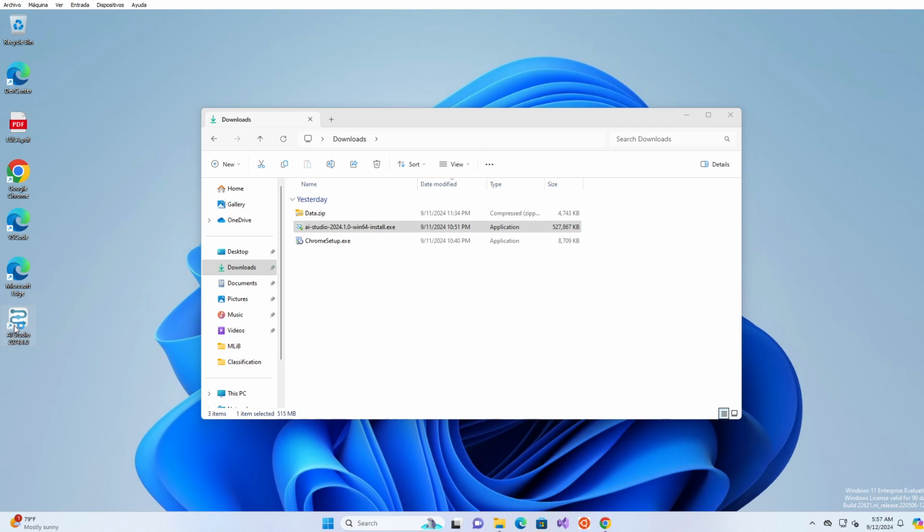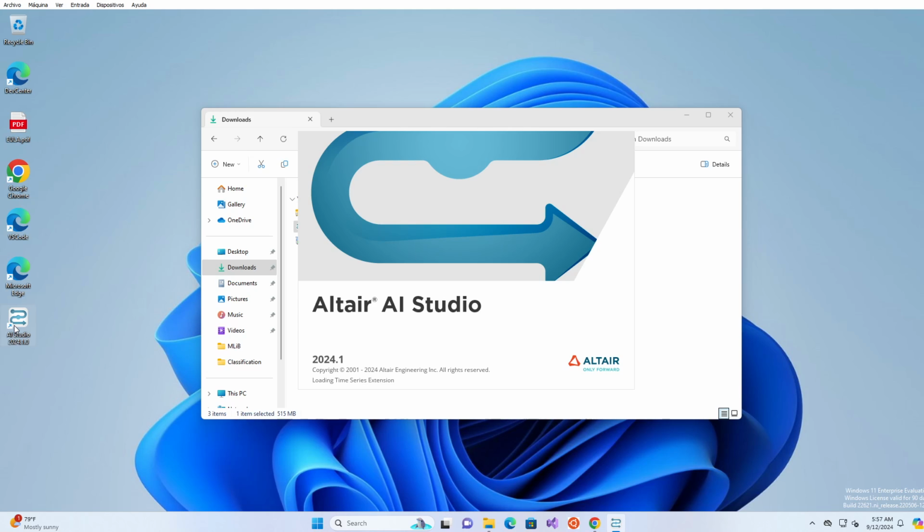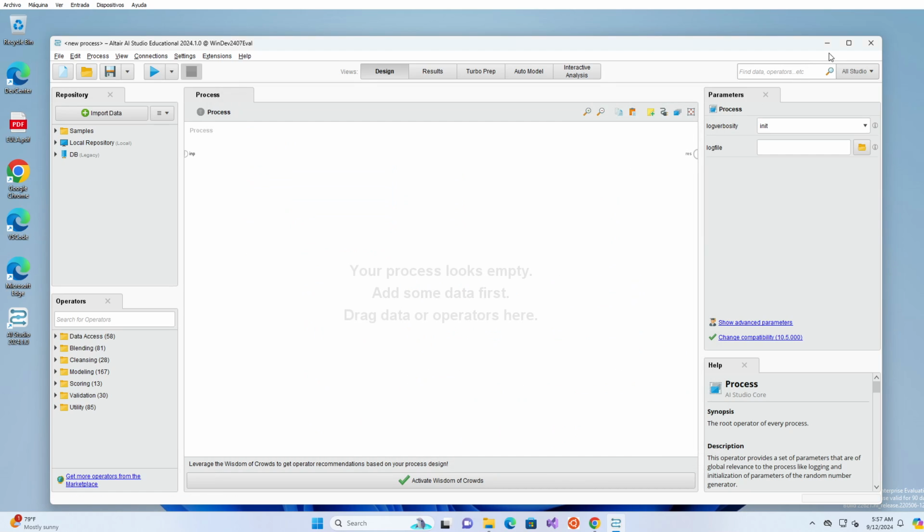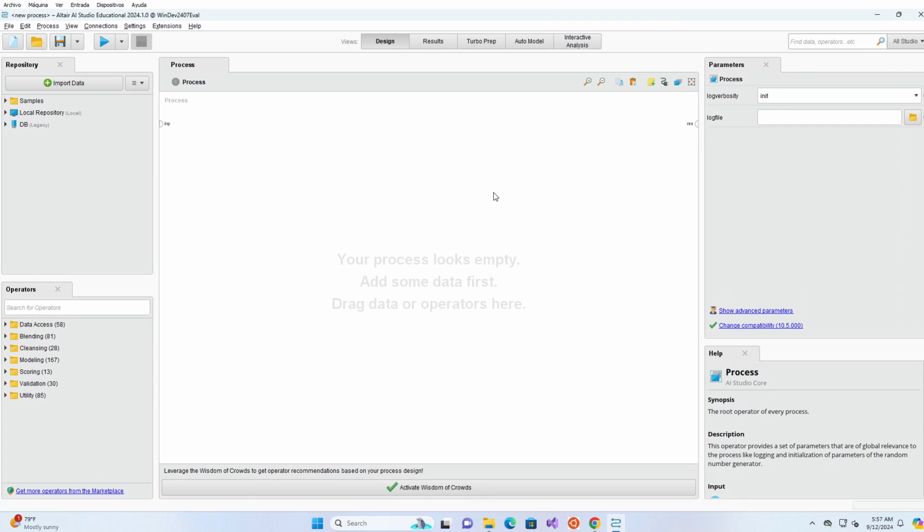I don't know what happened there. It's the first time that occurs. Okay, this time it seems to be working. The first time you launch it, it didn't do it. This second time,